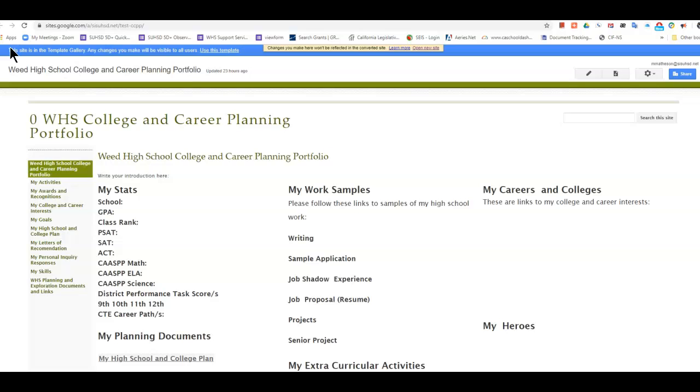And as a template, it's got either the blue stripe across the top, or it's got a blue button over here on the right hand side that says use this template. In my case, it has the use template here. In your case, it might have it over here. Either way, go ahead and click the use this template,